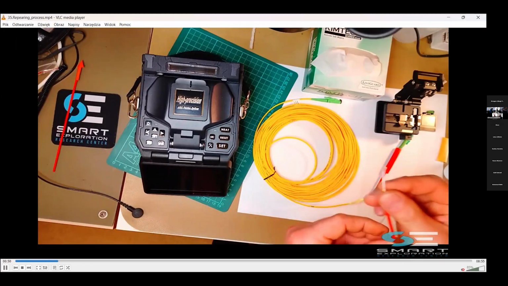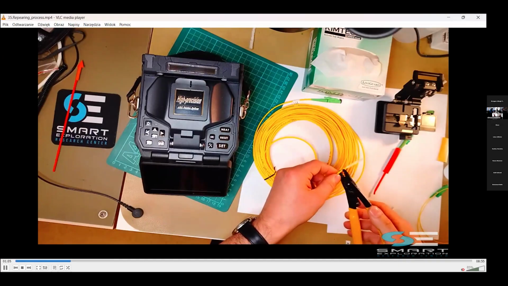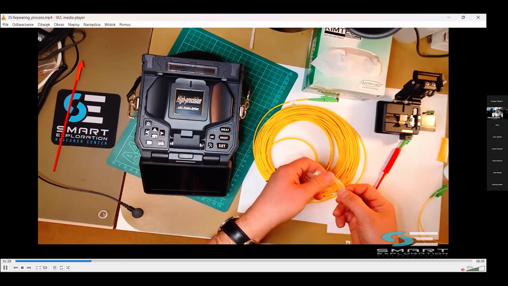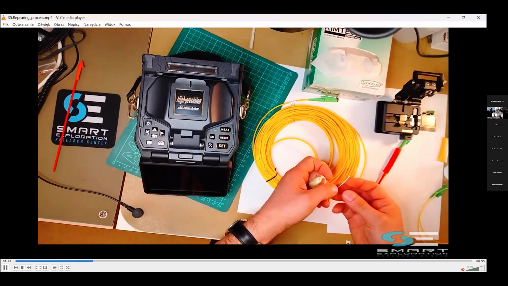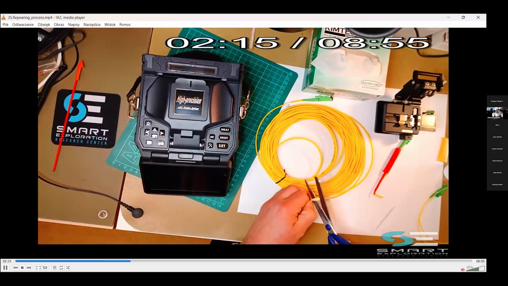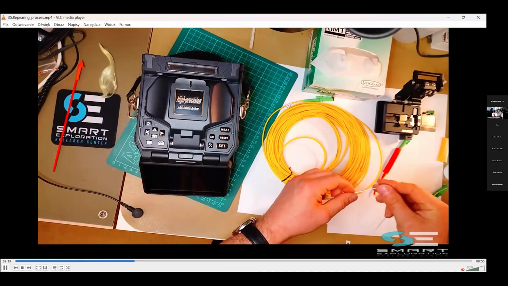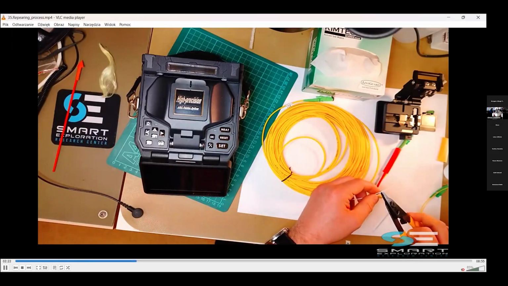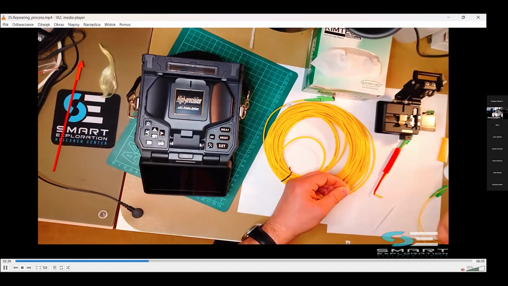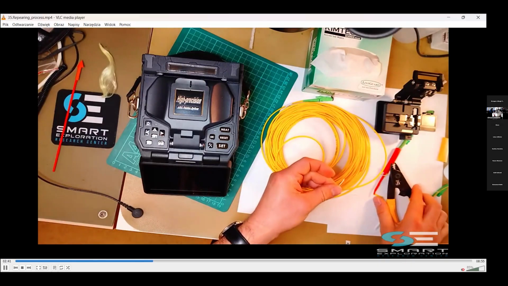We should remove the outer layer with the coating, with the additional Kevlar fibers that we have to cut off. And in that prepared state, the cable can be decoated. We decoat with the stripper, and now we have